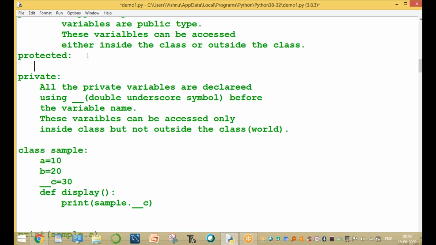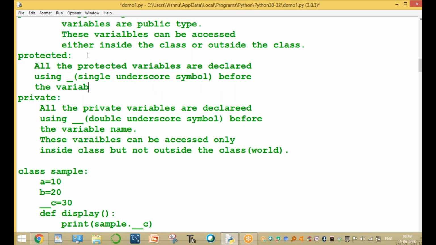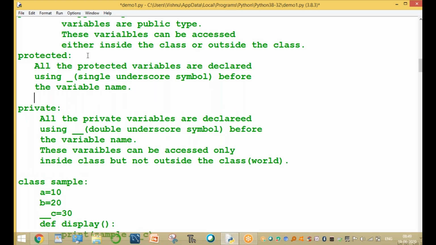Now, what is protected? All the protected variables are declared using single underscore symbol before the variable name, right? Clear. These protected attributes can be accessed anywhere in the class.